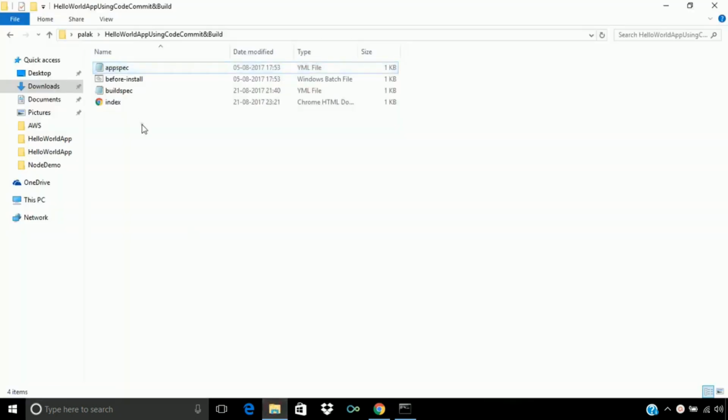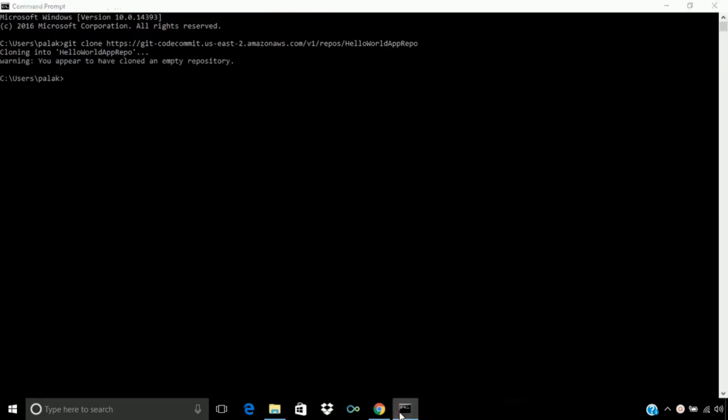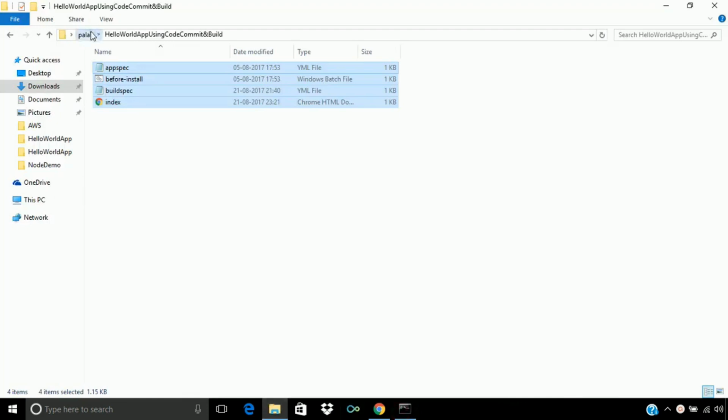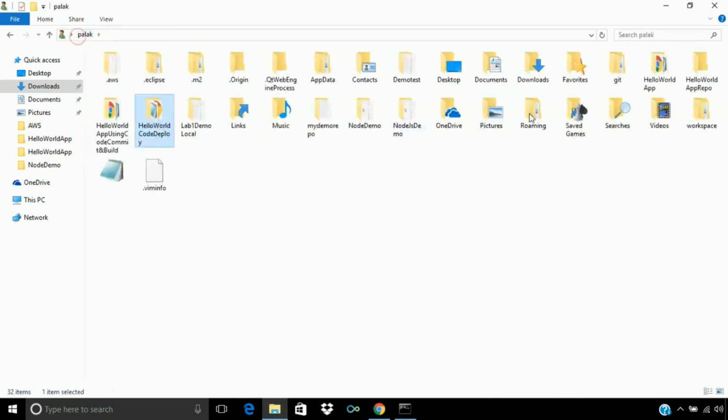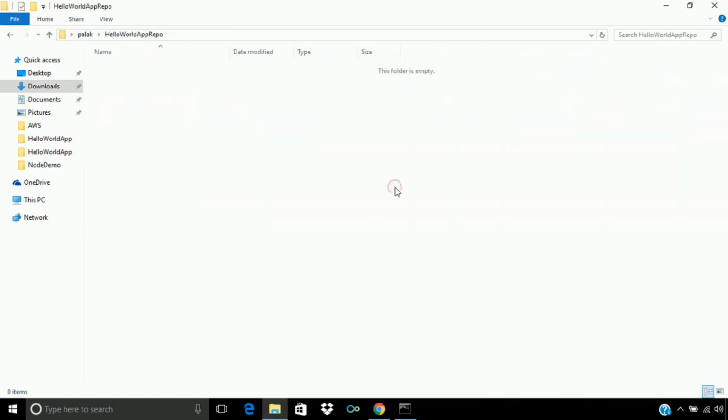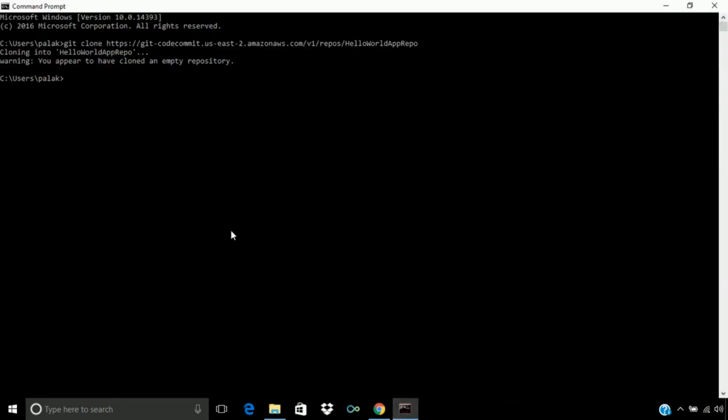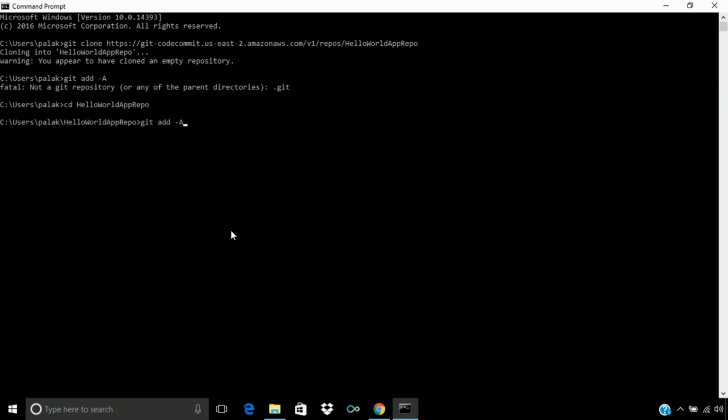So let's copy all these files, and once the directory has been created, let's paste the content. So the directory has been created, no, not this one, that is this one. Let's paste all our content and push these changes. Let's first navigate to our repository, and then execute the command git add.